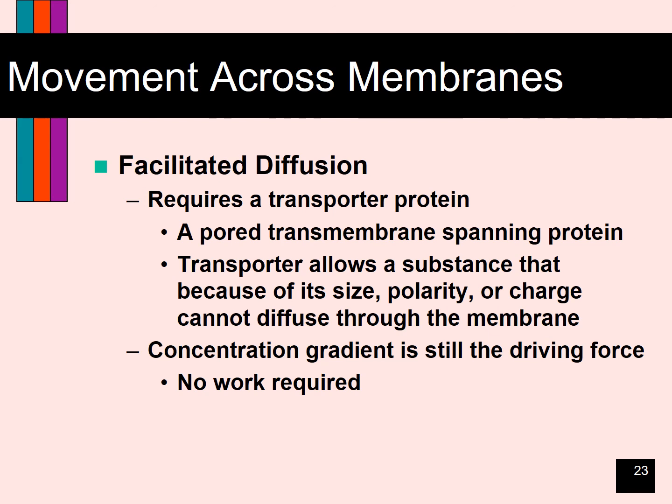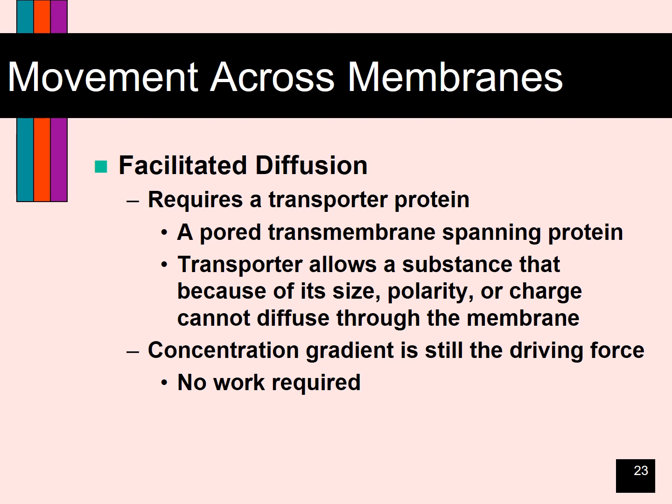And so it's not going to move through the hydrophobic core of the membrane. So you require a pored transmembrane spanning protein. And then that transporter will allow the substance, okay, in the case of water, because of its polarity,